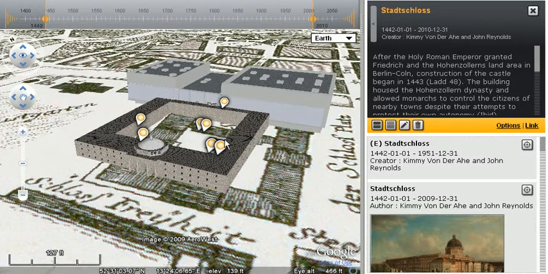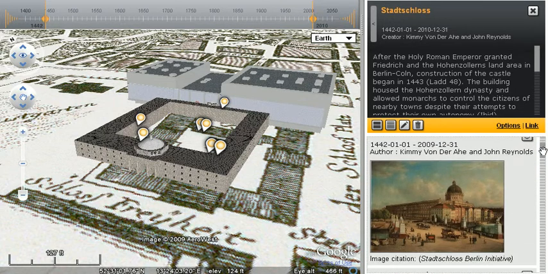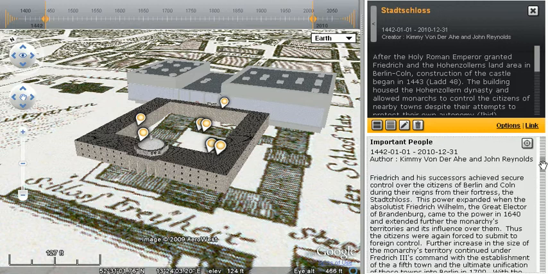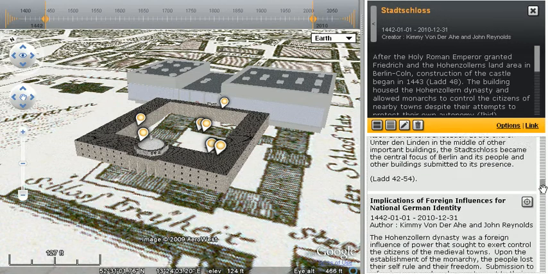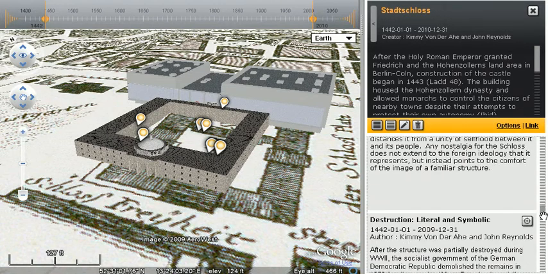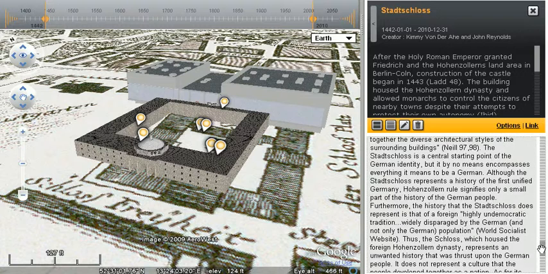And in the front here, we see the Royal Castle, and behind it we see the Palace of the Republic, on top of the 1772 map, which is georeferenced and approximately correct in terms of where the building stood. On there, the students document some of the issues around the building, the important people that played a role, the implications for German identity, and the symbolic